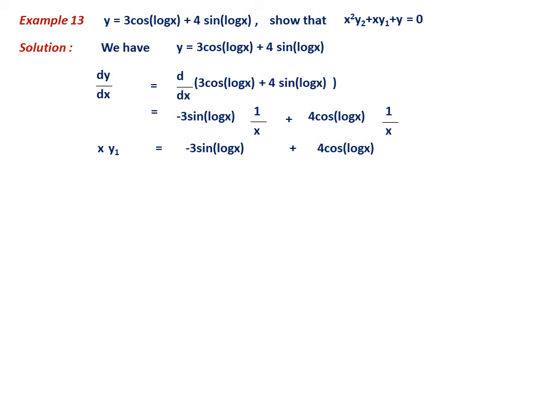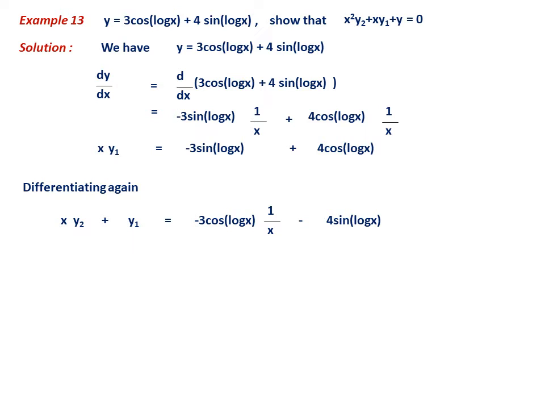So now what you have to do is, once again you have to differentiate this. Therefore, differentiating again x into y2. Note here in the left side, differentiation of x y1. x is the first function, keep as it is. Differentiation of y1 is y2. What do you mean by y2? y2 is d square y by dx square. So that is the symbol y2 here. So then plus y1 as it is, that is the second function. Differentiation of x is 1. So this equal to right side minus 3 cos log x into 1 by x, chain rule.